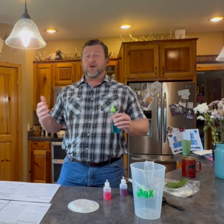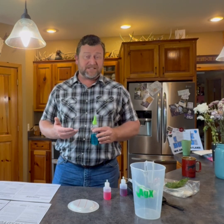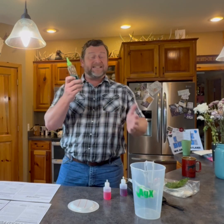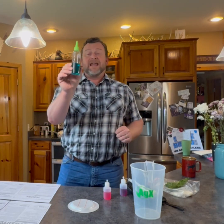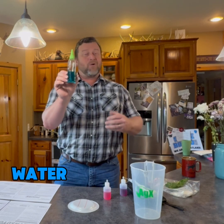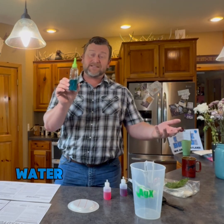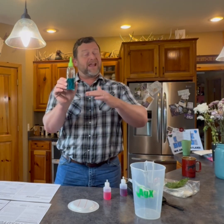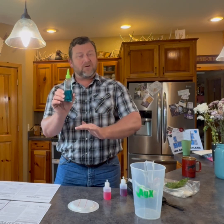Now, we're not going to go all the way across the spectrum, but I really wanted us to focus on what happens and do I really need to be using adjuvants in my spray tank? So we just add a dye, don't really pay attention to the color, but it allows us to see what's going to happen. And this first one that we have here is water, that's just in the blue. I wanted us to give an idea of what would happen if we just went out, we tank mixed our herbicide program without any type of adjuvant, no NIS, no oil, in terms of how is that going to cover